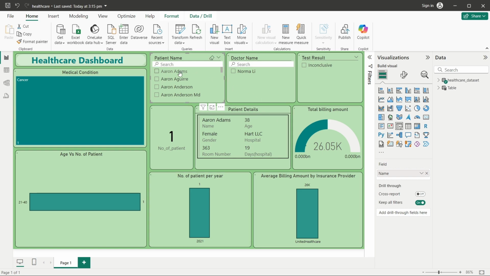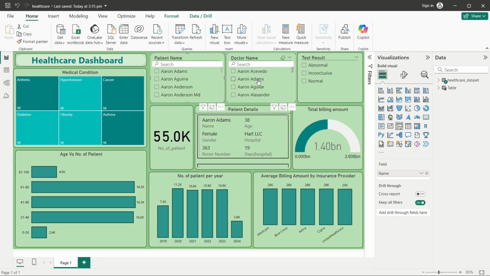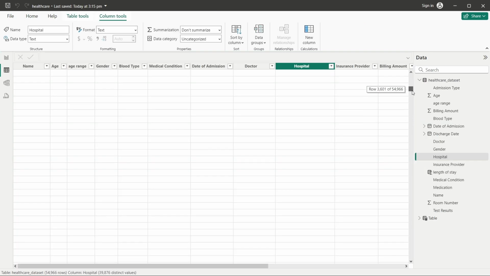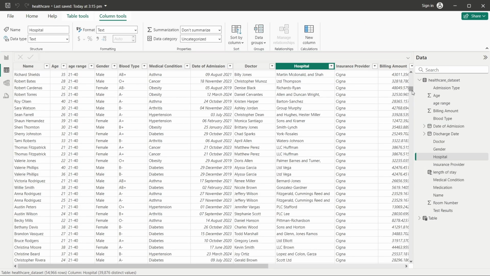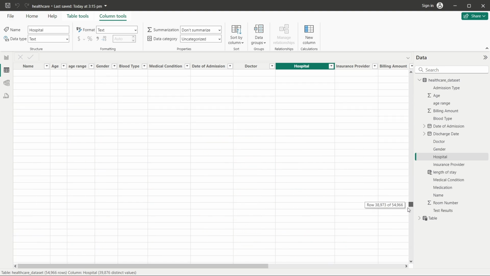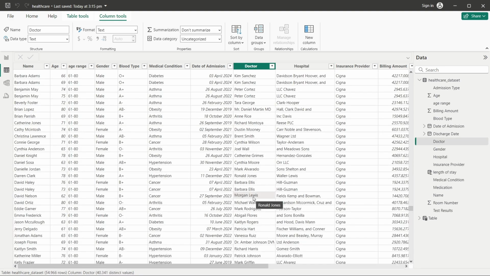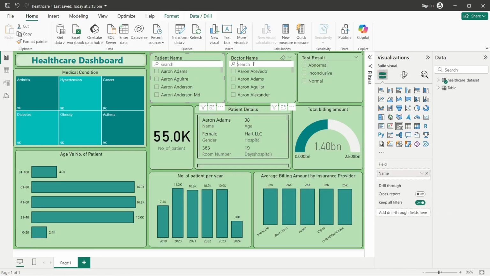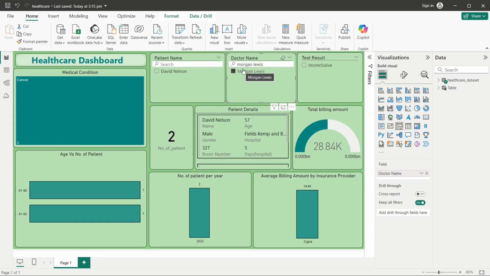Now let me filter by one of the doctors' names. Let me search for a doctor name in my table randomly. I want to filter by Morgan Lewis. I go to the chart and search for Morgan Lewis, and if I click on Morgan Lewis, all the charts are updated, and we can see